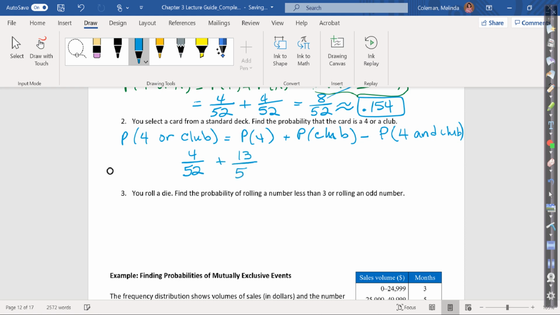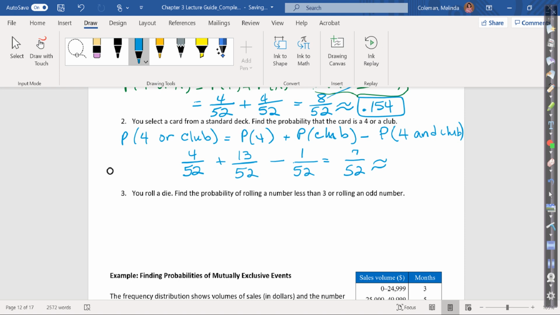So that's 13 out of 52 minus, well, out of those 13 clubs, one of them is the 4 of clubs. So we have to take out the one that is the 4 of clubs to get my answer. So that would now be 7 out of 52,